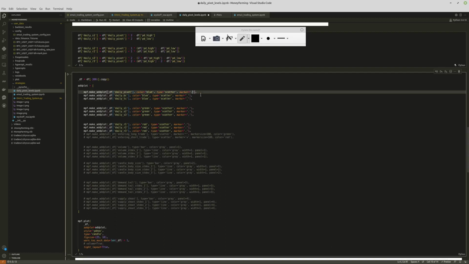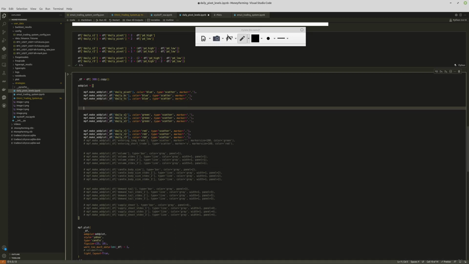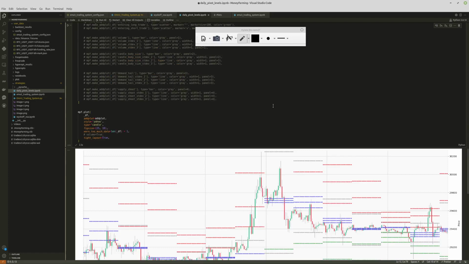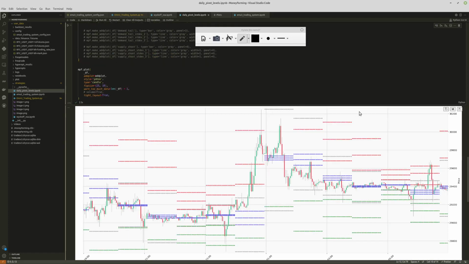Okay, so let's change it as well. Previous day high color, let's keep it black, type scatter, marker this, and previous day low, let's keep it gray. Okay. So here what we have,